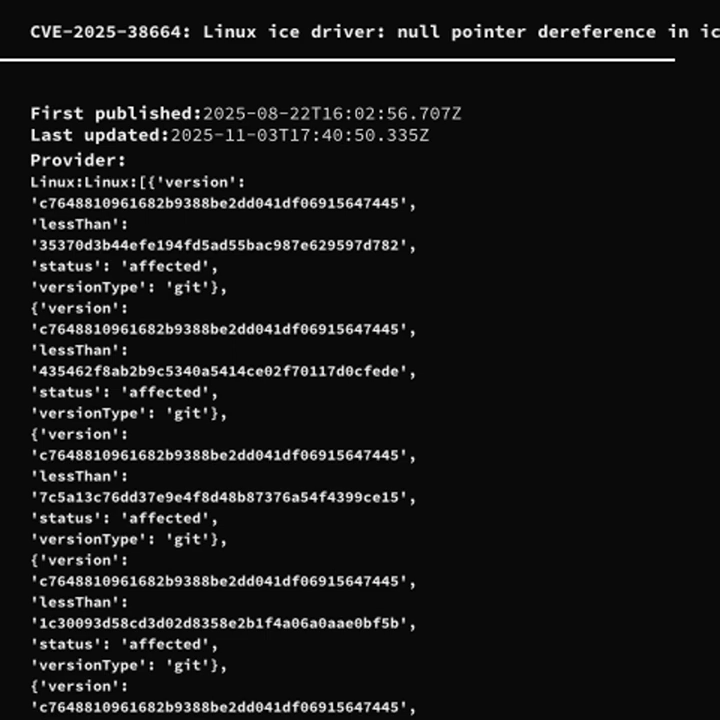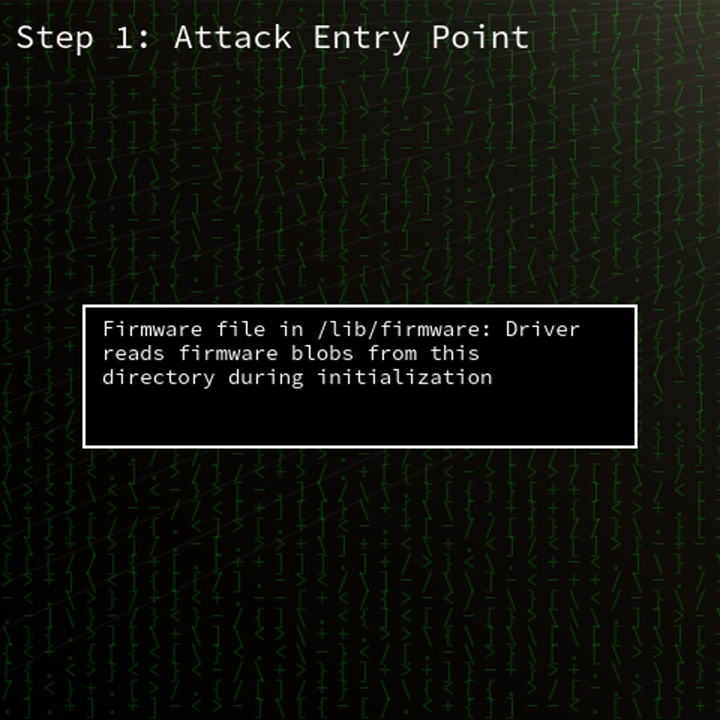In this episode, we cover CVE-2025-38664, a null pointer dereference vulnerability discovered in the Linux kernel's Intel ICE Ethernet driver. The flaw could allow an attacker or system condition to trigger a kernel panic, causing a denial of service. Patches have been released upstream and downstream in SUSE and OpenSUSE distributions, so urgent updates are recommended for all affected